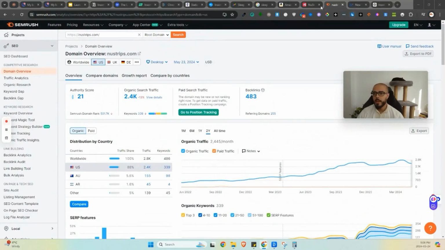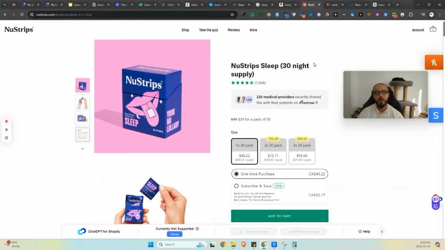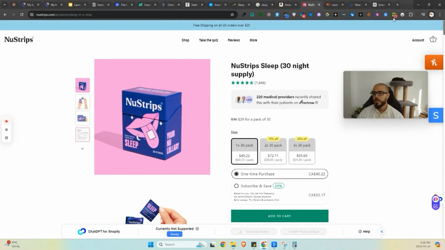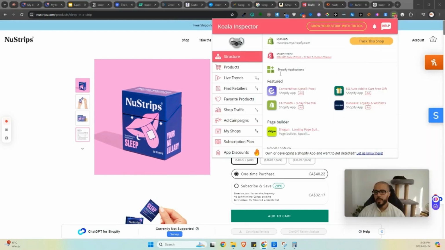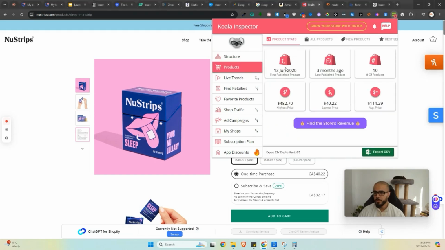And then I have another tool here. I'm going to go on their Shopify store. This little tool here is called Koala Inspector. It's going to analyze their store. I can see which theme they use. They're using a custom theme. That's just some tech stuff, guys. The apps they use on their store. See when they actually published their first product, the last update they did, how many products they have, what's the